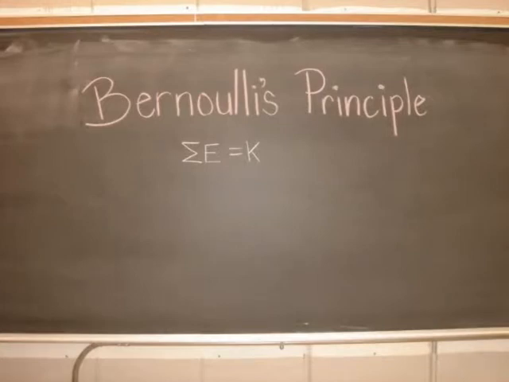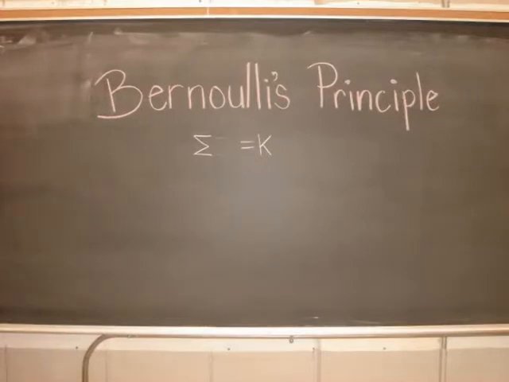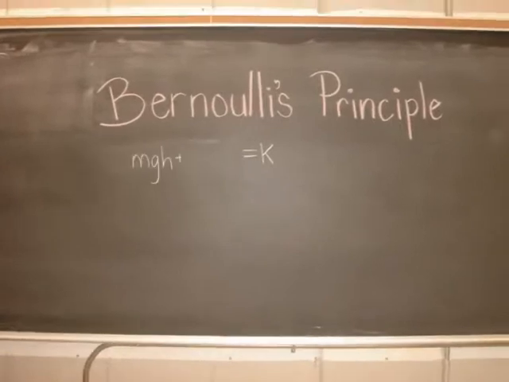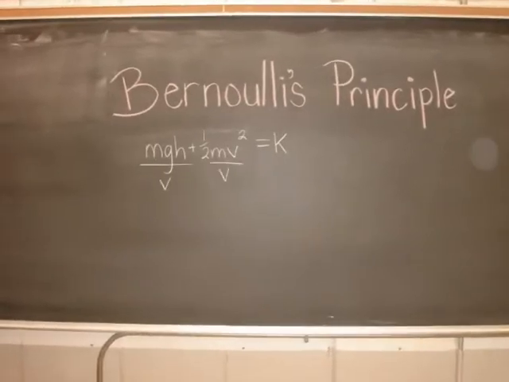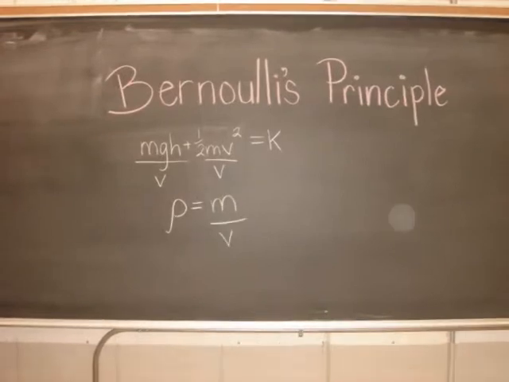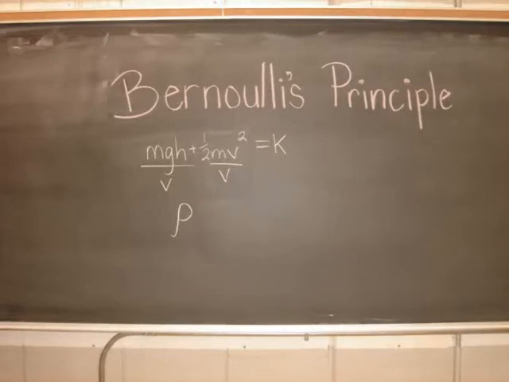If we apply the law of conservation of energy and substitute the formulas, we can divide both sides by volume, or V. Now that V is distributed on both sides of the equation, we can say that V is a constant. Looking at the formula, we can see density is equal to mass over volume. We can now rewrite the equation as